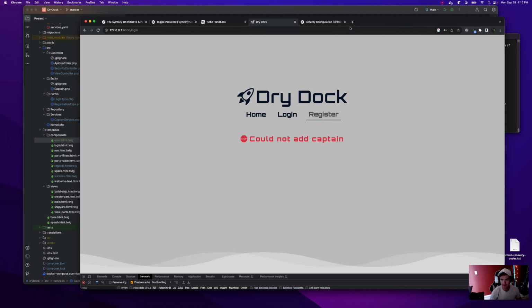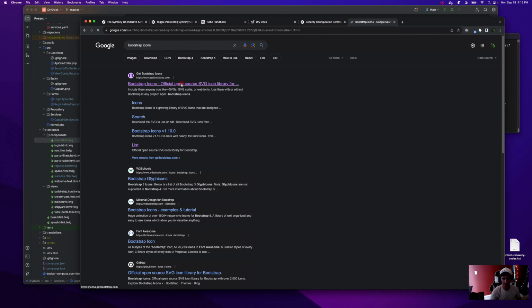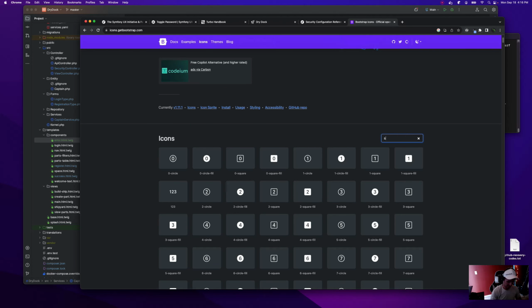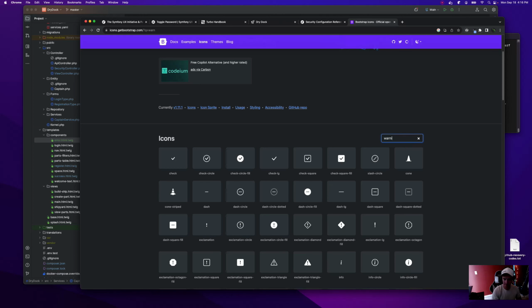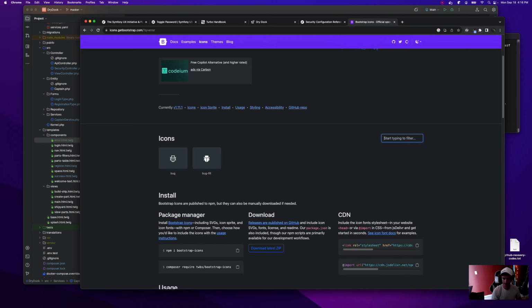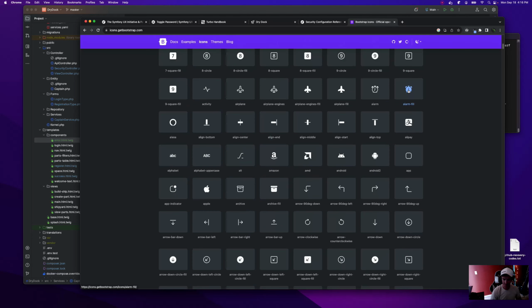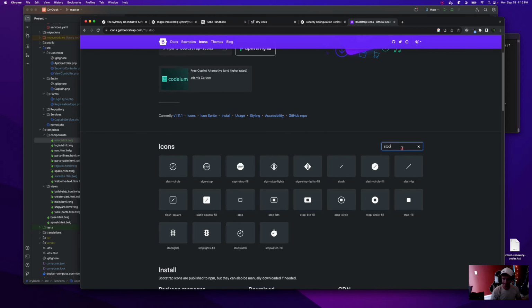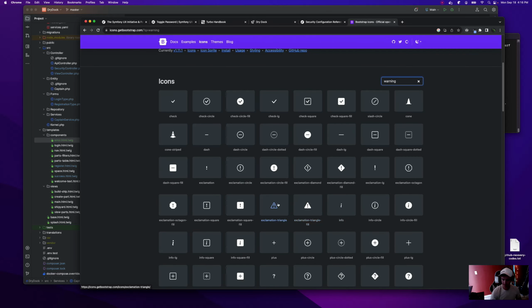That stuff looks a little ugly. Oh man, I hate this. Bootstrap icons. We have to look up like an exclamation or a warning thing. Usually by the top, but warning, error. I like the bug thing myself, but exclamation triangle.